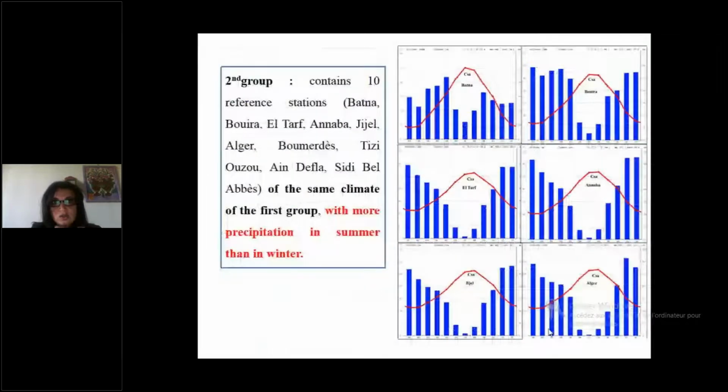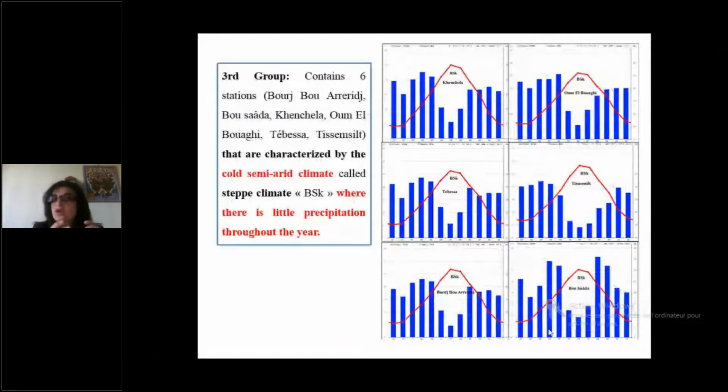The second group contains 10 reference stations with the same climate as the first group, with more precipitation in summer than in winter. The third group contains 6 stations that are characterized by the cold semi-arid climate called steppe climate,